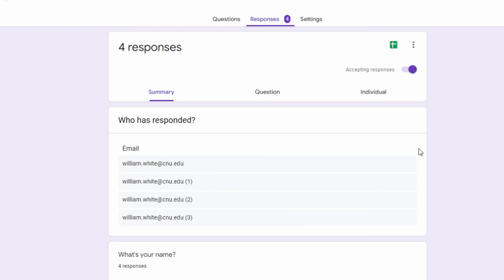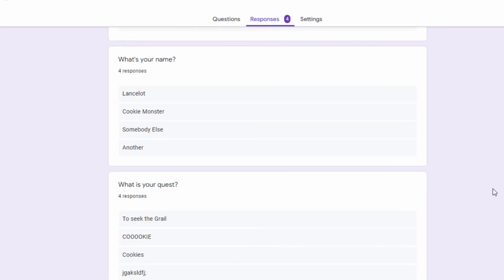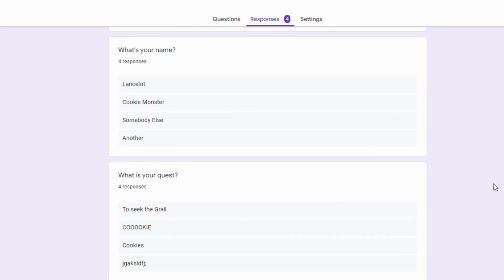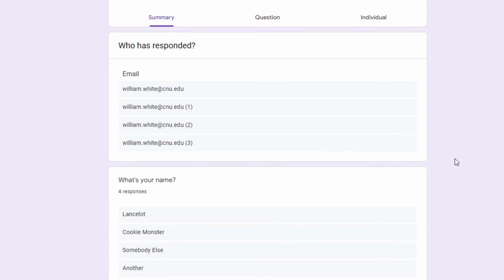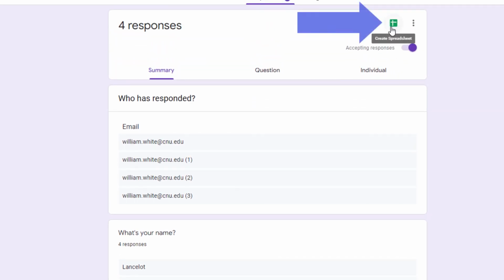So the first page here is a summary of the responses. So you see the different people who've responded and some answers. The free answer kind of things just kind of display. Anything that's multiple choice will display in a pie graph. Now, there's a bunch of other question types. They all display in a separate way, and you can look at them all nicely visualized. You can even copy these graphs into a PowerPoint presentation, or especially like Google Slides or something like that. However, if you want to do your own analysis, just click this little Google Sheets icon right here.